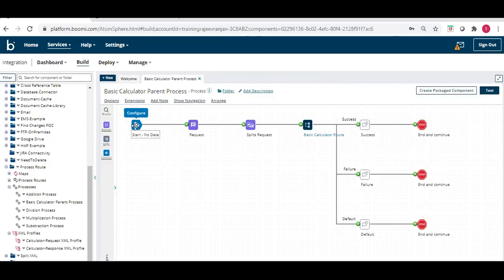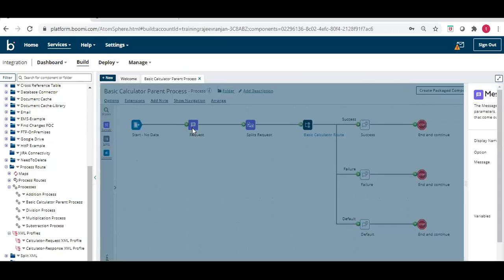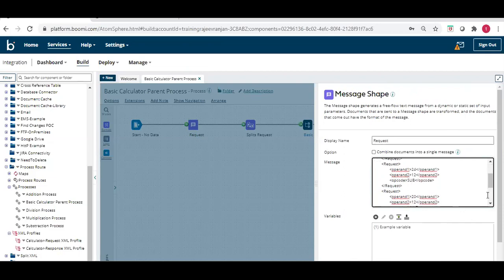Here you can see the start of this process, the start shape is no data. In the request, we have put in hard coded values. There is one request for the addition, another for the subtraction, another for the multiplication, and another for the division.